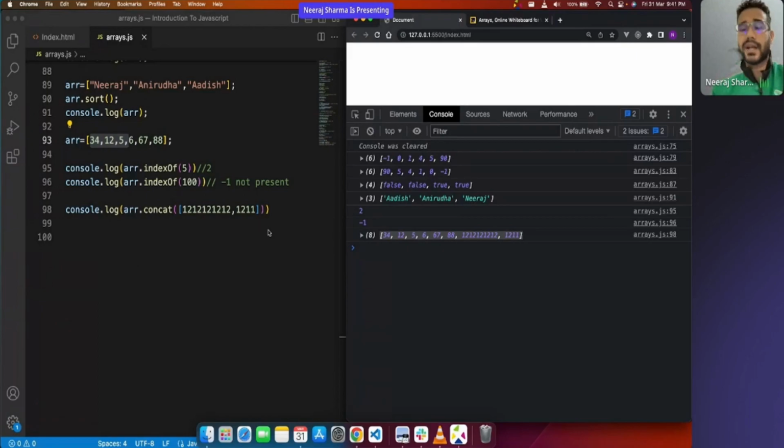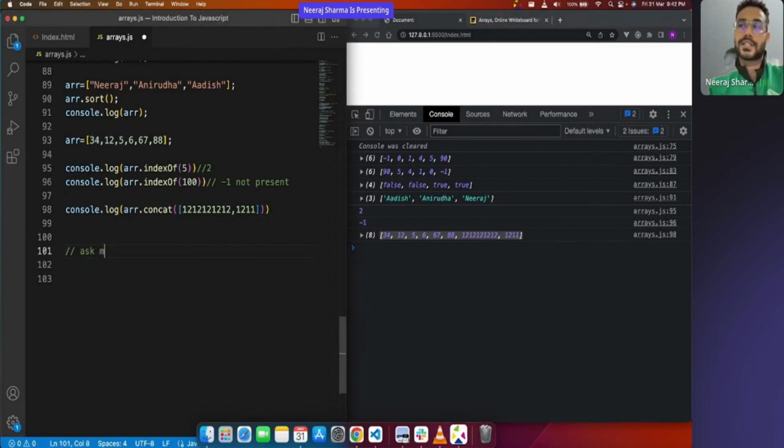Okay. Now we have another function called filter. Now I want every one of you to make sure that you ask me this question when I talk about functions. What is filter function in array? Can you guys keep a note of it? Filter function and reduce and map function. I'll just write it here. Maybe you guys remember. Ask me when I will